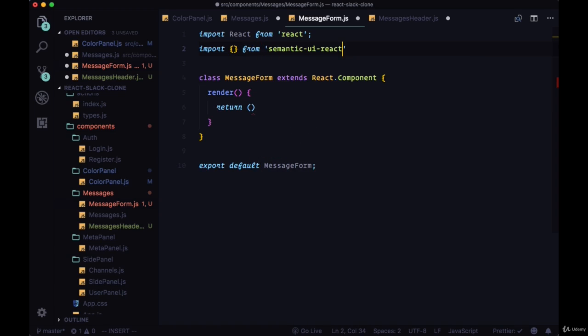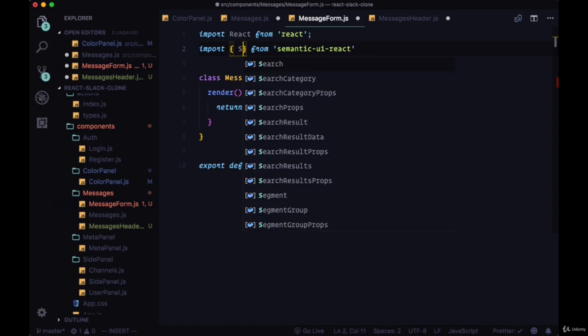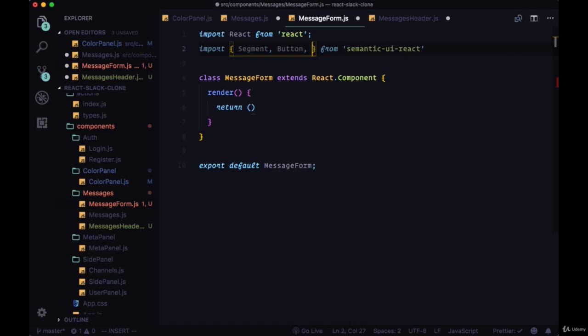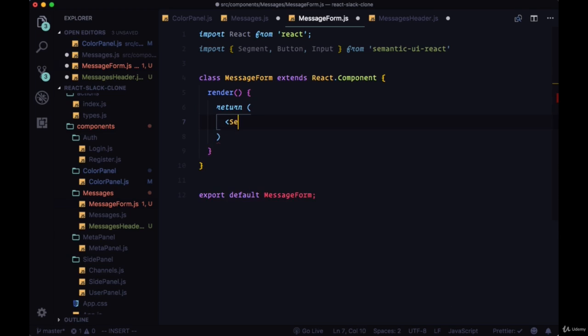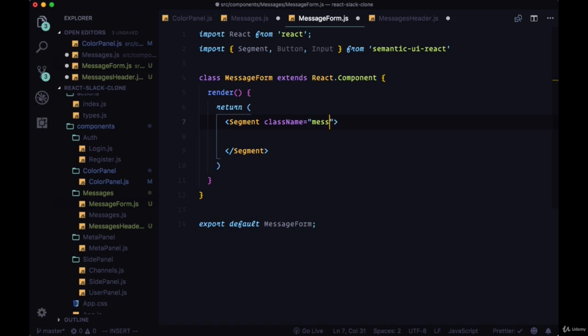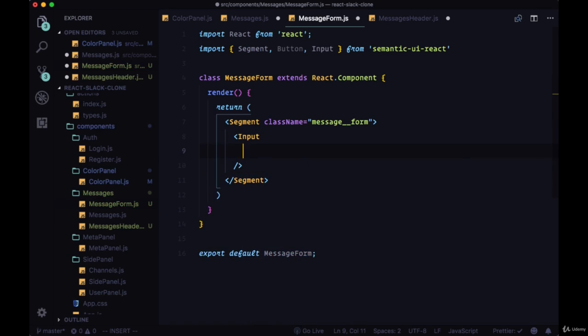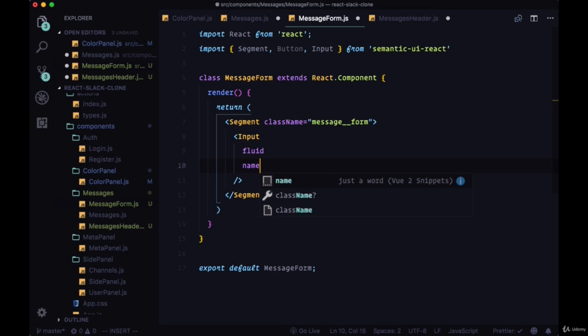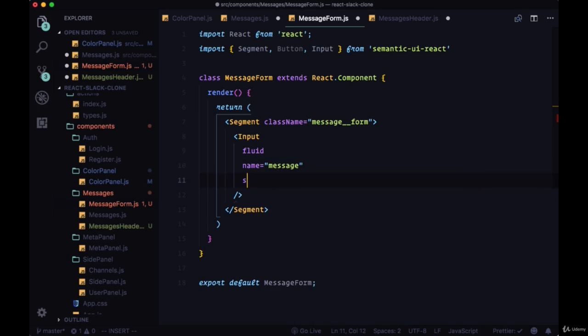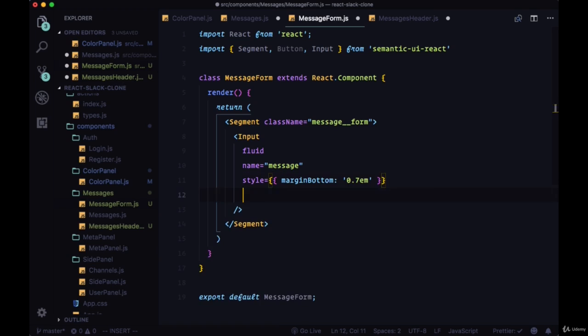At the top we'll import from Semantic UI segment, button, and input. So we'll begin with the segment again. Give it a class name of message__form. Within the segment, I have an input, which is where we'll be adding new messages to a given channel. The prop of fluid, the name of message, style prop with margin bottom set to 0.7 ems,